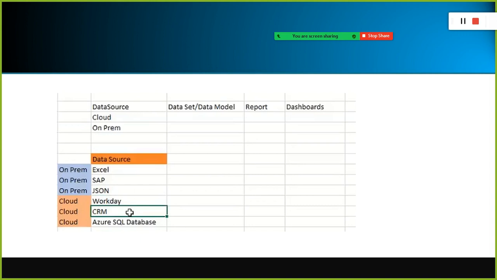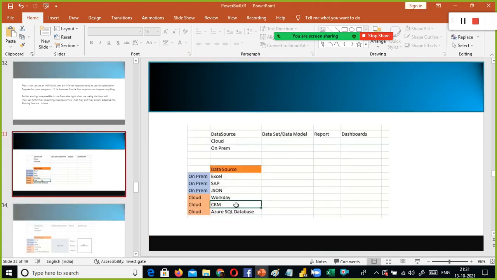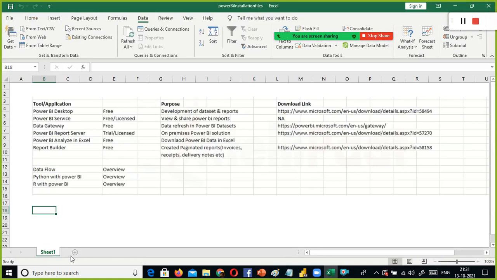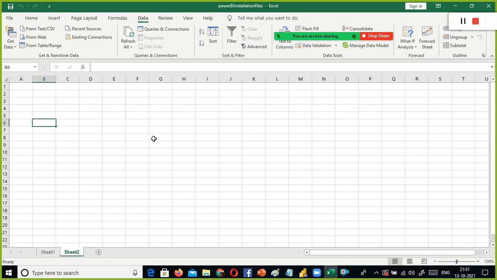Now the question is, with these 2 data sets, using the reports we can generate a dashboard. That is what I said. Is there any way I can combine the reports generated using data set 1 and data set 2 to generate a dashboard? Yes, it is possible, but you need to include something called a workspace. If I say everything at once, you will not be able to understand. One second, let me just put it here. There are certain things you need to know, because in the interview they will ask you.